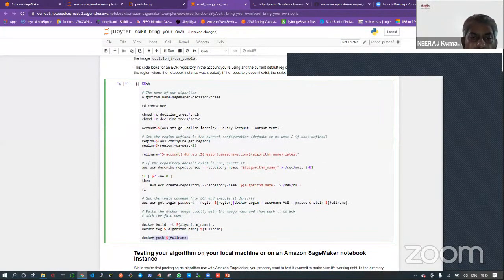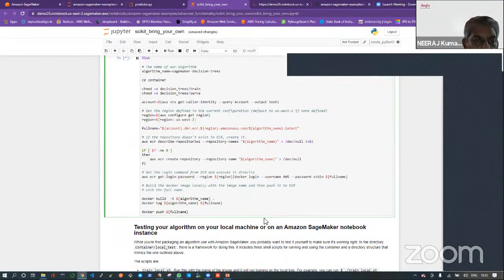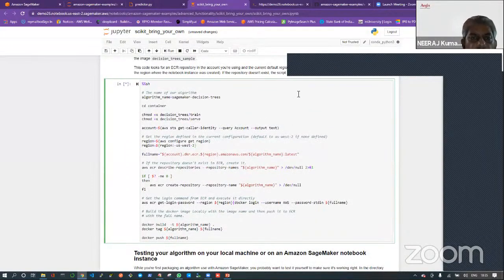The rest are all information, not that important, but concept-wise this is very important. So I am building the image and pushing it to the registry. It will take 1 or 2 minutes to actually create the image and then push it to the registry.